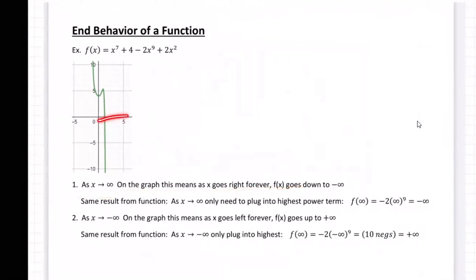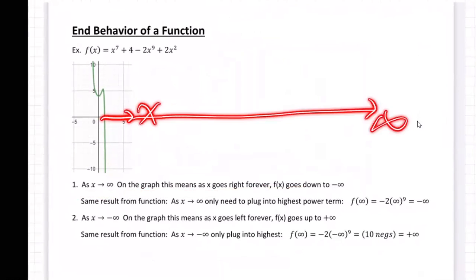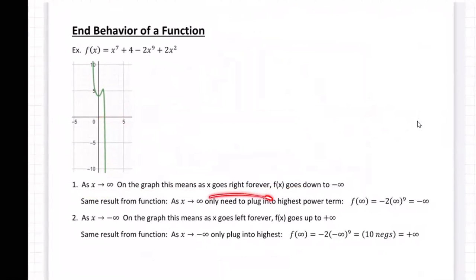That's what it means, because this is the x-axis, right? So if you go right forever, as x goes to infinity, and what does f of x do? As you go to the right on this graph, it goes down. And mechanically, how you do it is you only need to plug into